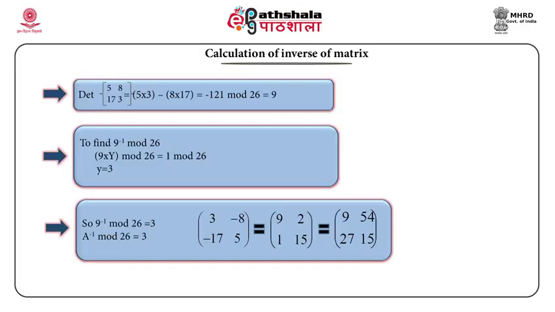Now for the 2 by 2 matrix, the last element to be computed is a22. Clear, i is 2, j is 2. So what you need to do is remove the second row and second column. Which element is left? 5. (-1) raised to i plus j, that is 2 plus 2, that is 4. It gives you a positive value and we have the value 5, so we will keep 5 as it is. So this is how the inverse of a matrix is computed.